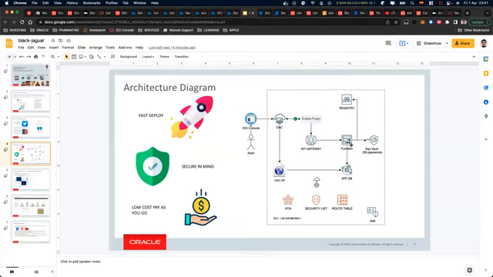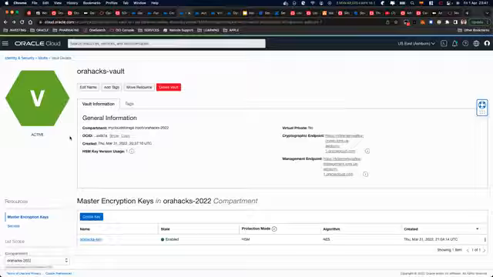And then once the function was triggered, to connect to the database, we have to create key vaults to store our secrets. So here we are, the Oracle vault. If we go into here,